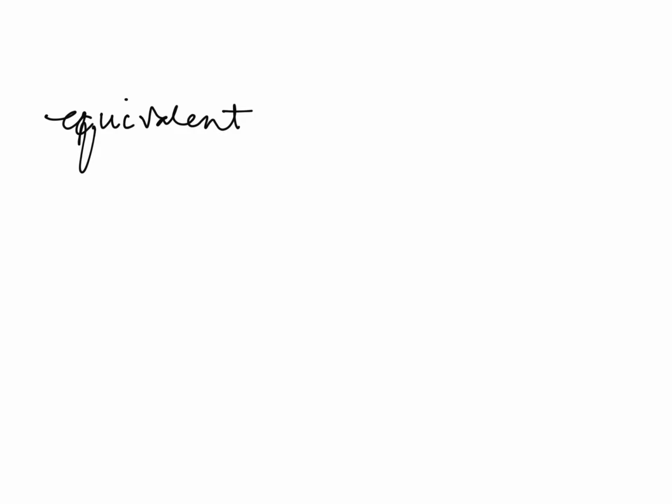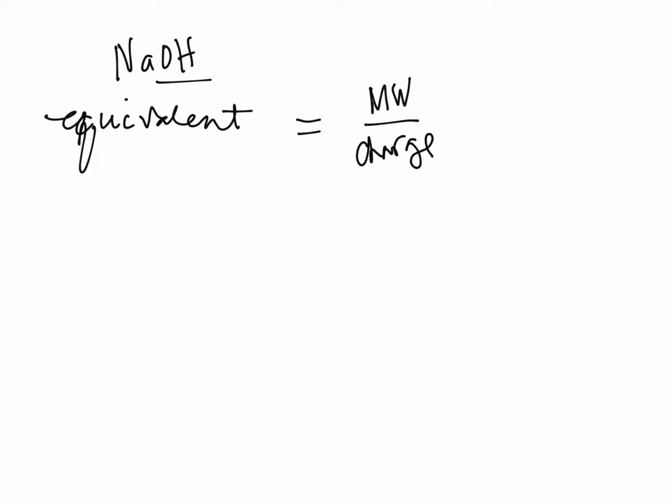So how do we get this? The first thing that you need to do is take the molecular weight, we divide it by its number of equivalents. Okay, so let's say, for example, if that is sodium hydroxide, the number of OH here is 1. So OH is the charge of either H plus or OH negative,